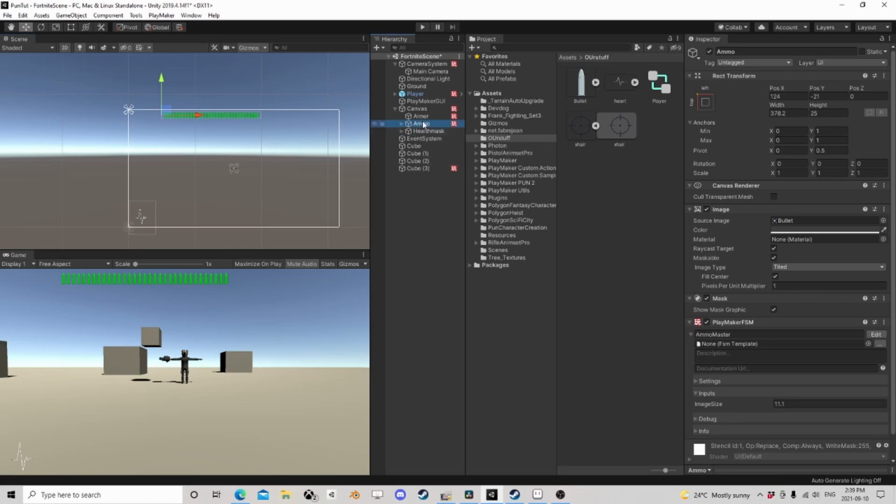So then all we need is an image for our gun. I'll have to find some images for a gun. We have our ammo, we have our cursor. I think that's probably good for a little shorter tutorial. I guess it's not that short, but